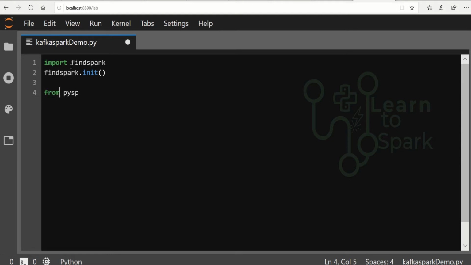From pyspark, I am importing the SparkContext. Second comes streaming, pyspark.streaming, and I will import StreamingContext.